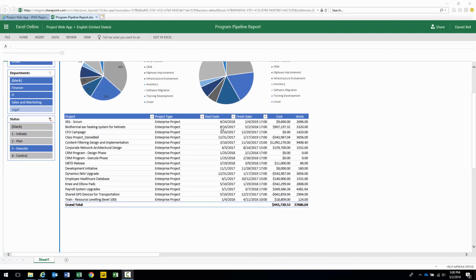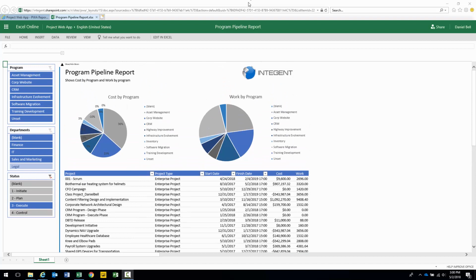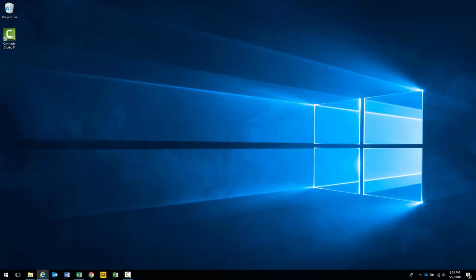So project type, start, finish date, cost, and work. A lot of information here. Quite a bit to this report, actually. So yeah, it's going to take a little bit of work to get this thing done. But hey, let's go ahead and get her done. All right, so let's do this. I'm going to go ahead and